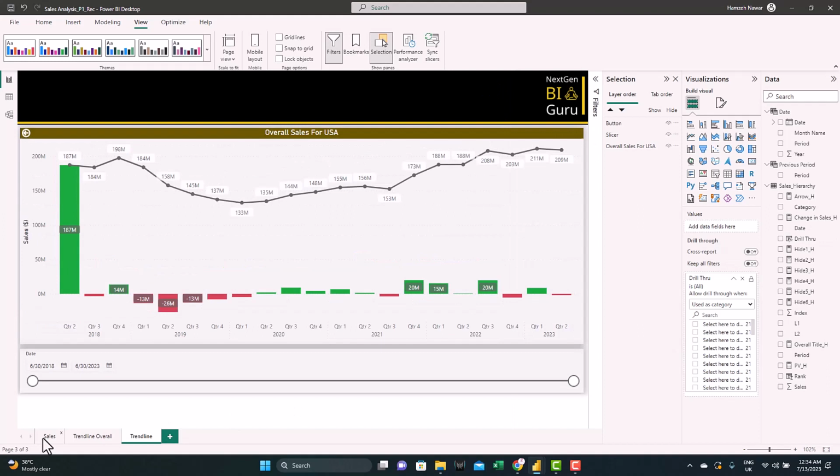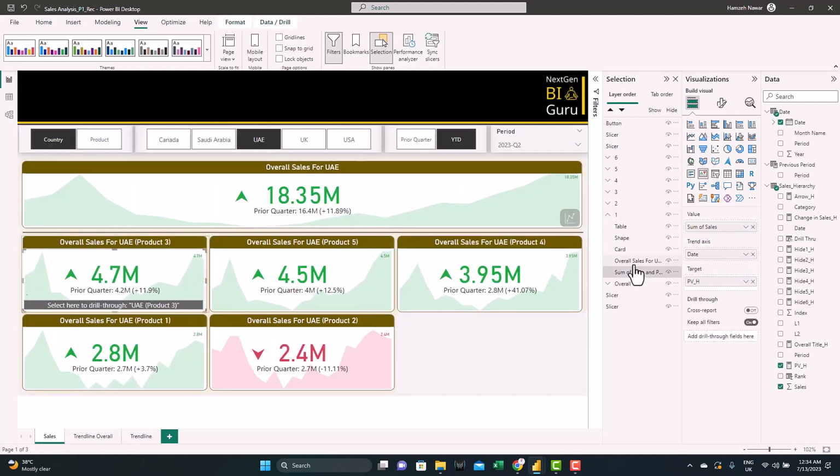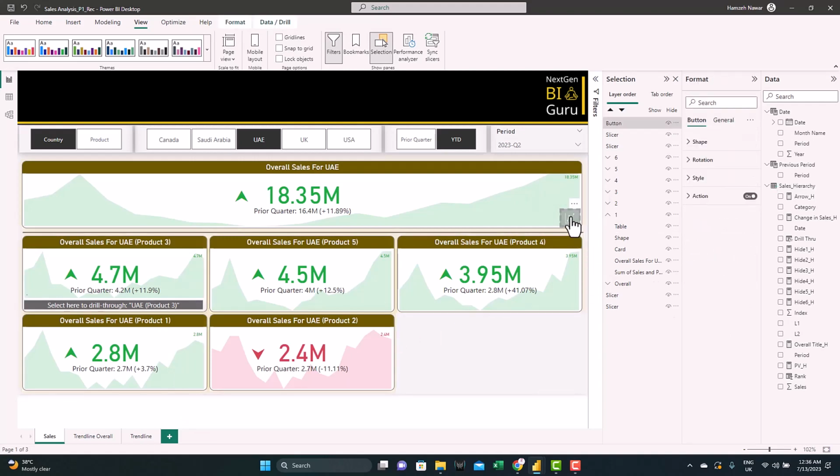So now let's go back to the sales page. Maybe we just resize the trend line in this KPI to make it above the table. Then we duplicate the button we created in the previous workaround, and from action we change the action type to drill through and the destination to the new page we created, the drill through page.